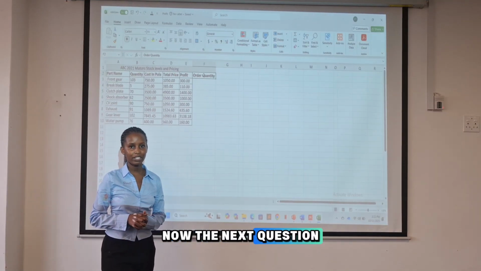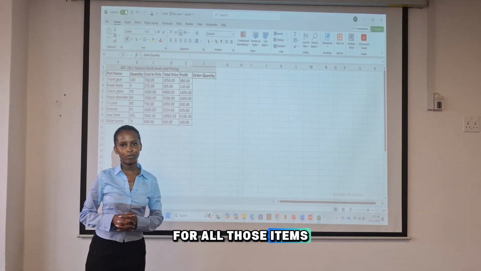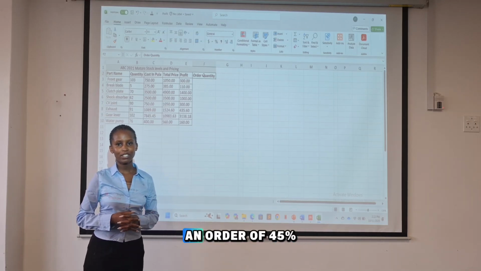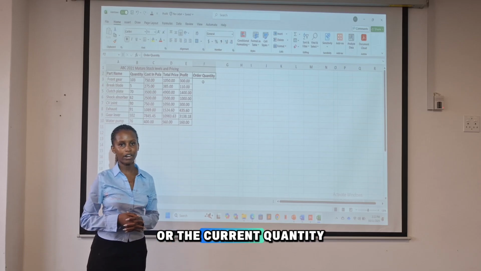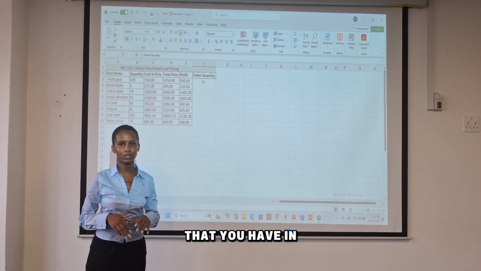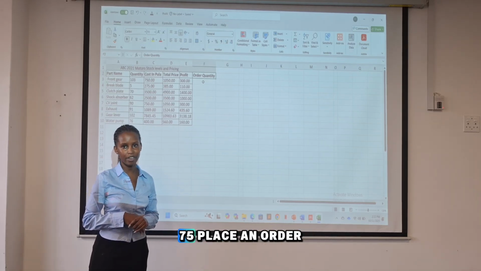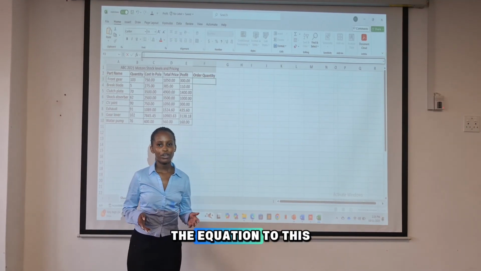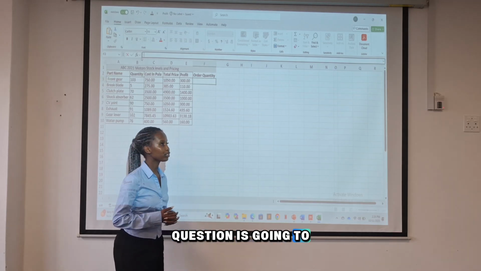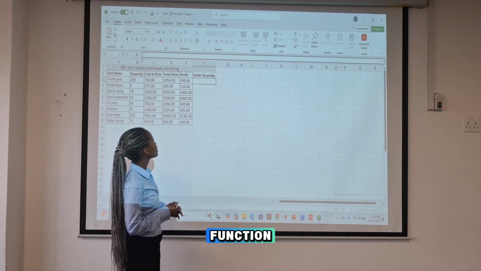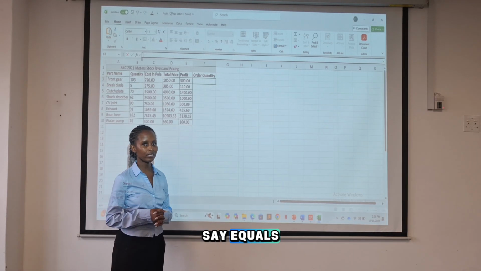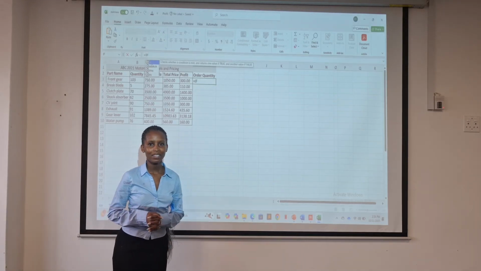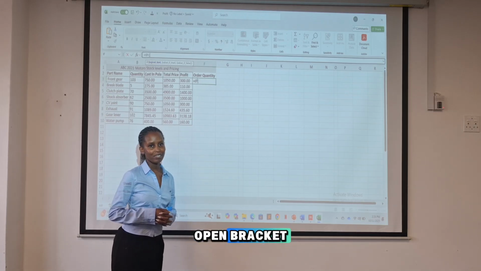Now, the next question says, for all those items whose quantities are 75 or below, then we should place an order of 45% on the current quantity that you have in stock. And for those above 75, place an order of 20%. The equation to this question is going to be, we're using the IF function, so we're going to say equals IF, open bracket,